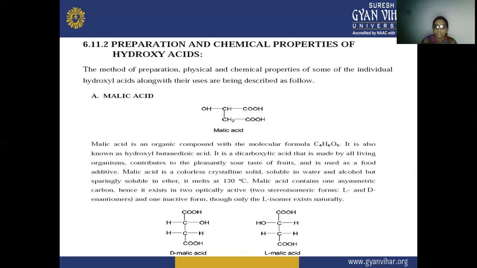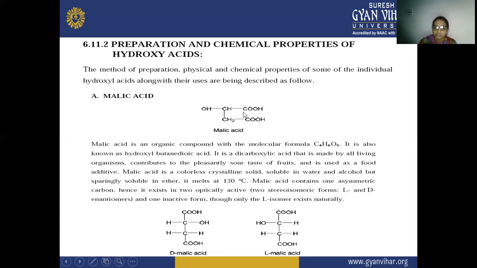That is your OH, COOH, CH2, COOH. This malic acid is an organic compound with the molecular formula C4H6O5, and it is also known as hydroxybutanedioic acid, that is your OH, and you can see here its name is given like this: